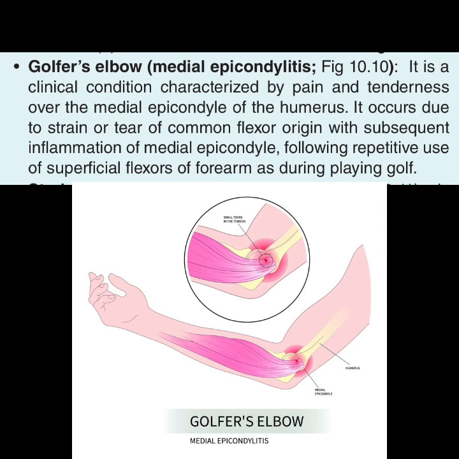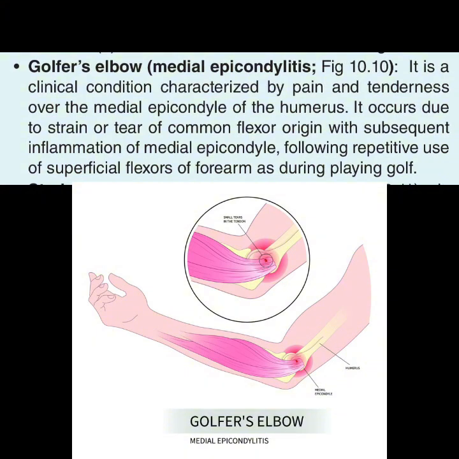But golfer's elbow is medial epicondylitis, which is inflammation or irritation of muscles around the origin of that place. The medial epicondyle marks the origin for the flexor muscles. So when there's excessive wear and tear there, or damage of the medial collateral ligament, or inflammation in the bursa around that area, it can cause pain, tenderness, and difficulty in flexion. But if it's lateral epicondylitis, it's difficulty in extension. Why? Because golfers use that part very well. They always flex their hand when they shoot out the ball. Those that play golf usually have that condition called